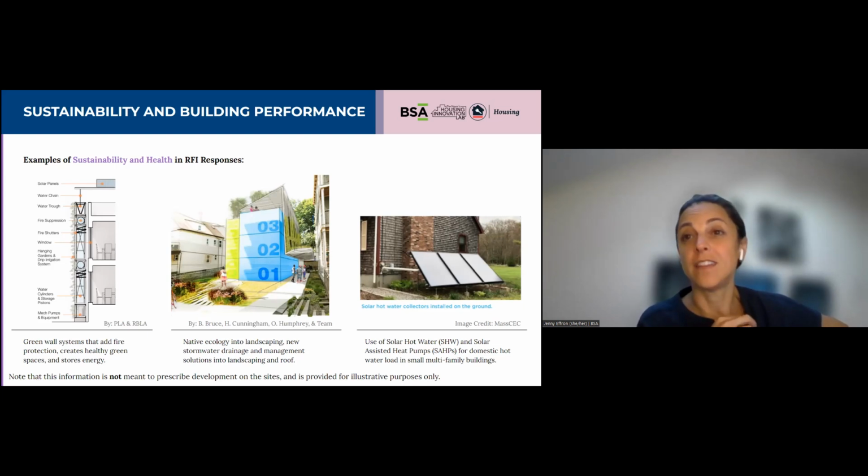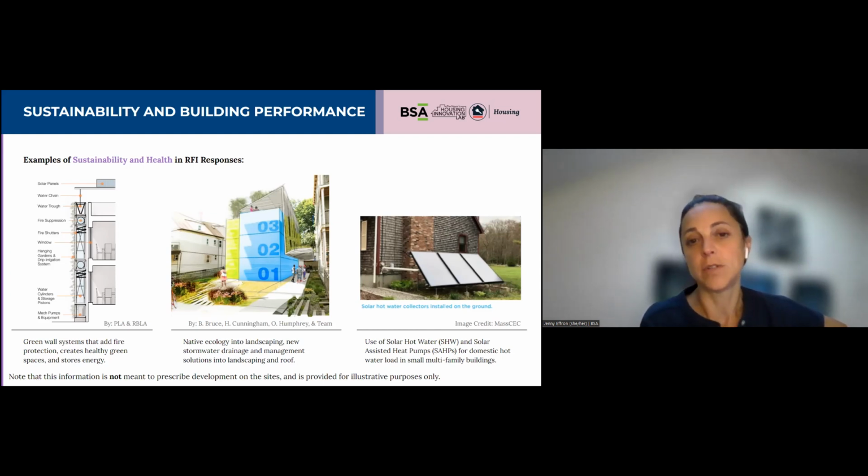Thinking about the design of the landscape around the building and on the building with native ecologies. We're seeing a lot of creativity in open spaces and community gardens these days around native plants and things that also represent community in the landscaping. And then even something from the last image, from Mass CEC, which hosted a triple-decker retrofit competition around sustainability.